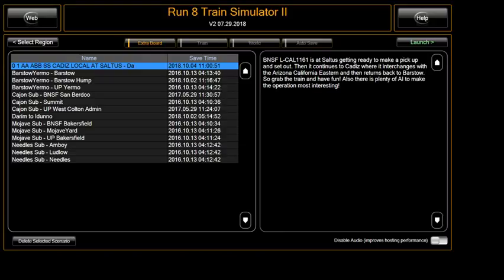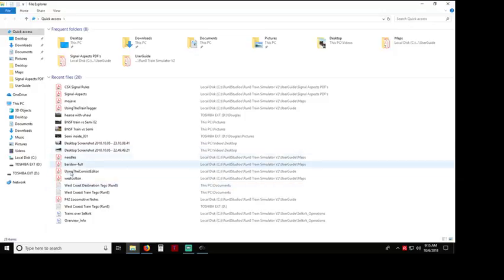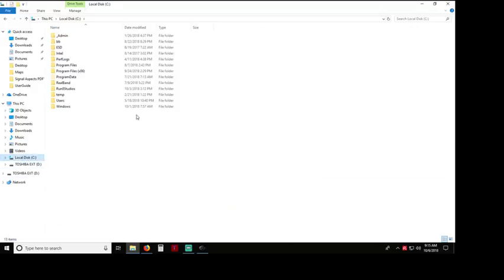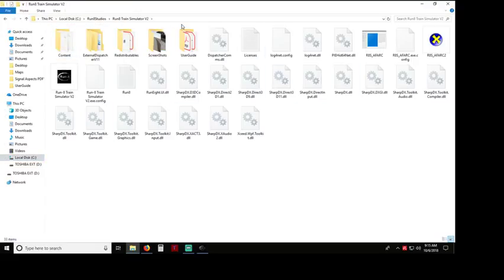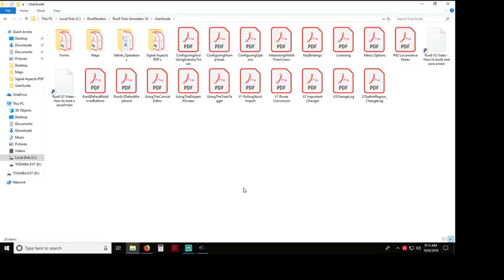Now, let me show you one other thing. There are no real tutorials. So we go to Run8 Studios, Run8 Simulator. Okay, user guides. And that starts with these, and these down here as well, of course. So those are all your user guides. Now it does have two videos: how to save a train and how to load a train. And that's it. So you actually have to learn how to configure and use industry tags, configuring humps, configuring options,